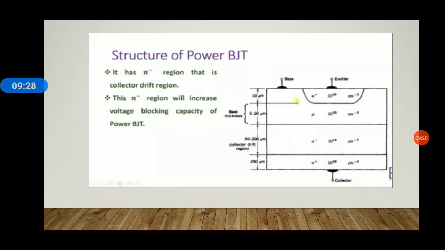The N positive, again that means it is a highly doped N region which forms the emitter, which has a doping concentration of 10 to the power 19 per centimeter cube, and which is almost 10 micrometer wide. And then comes the P-type region, which is forming the base of the NPN transistor, which has a doping concentration of 10 to the power 16 per centimeter cube, which is again 5 to 20 micrometer